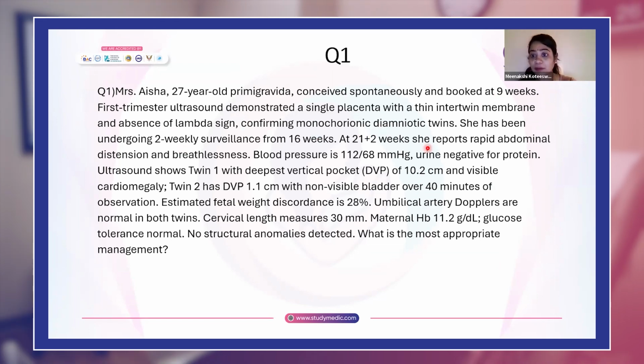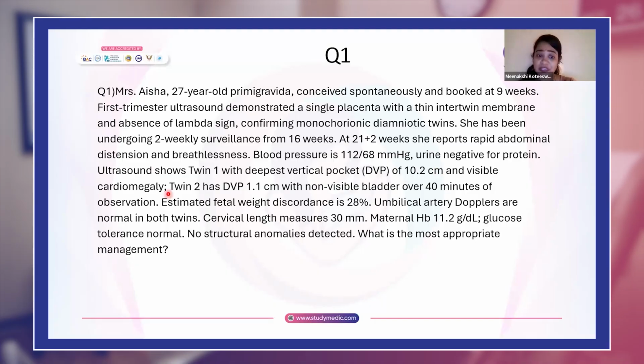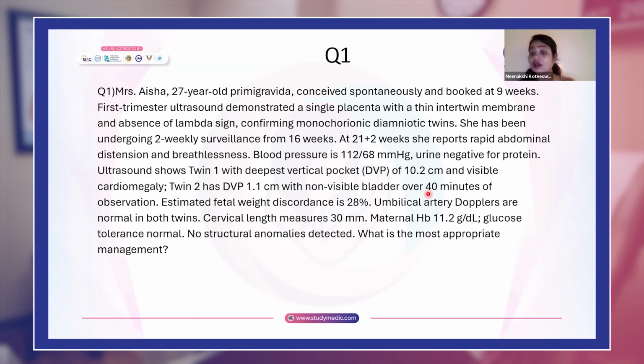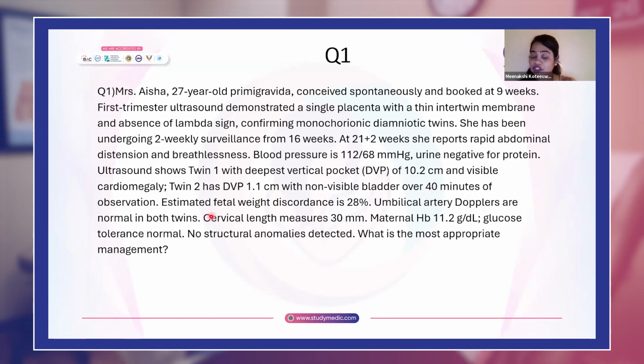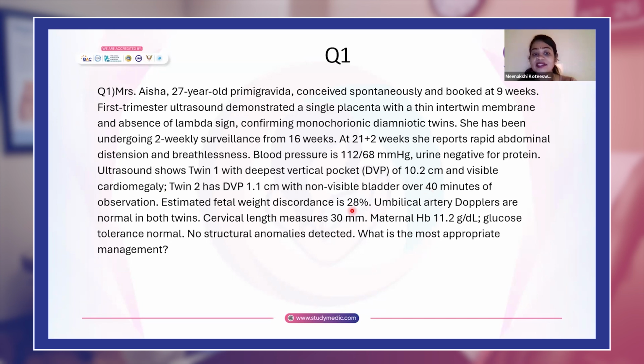At 21 weeks, she reports rapid abdominal distension and breathlessness. Blood pressure is 112/68, urine negative for protein. The ultrasound shows first twin with deepest vertical pocket of 10.2 centimeters and visible cardiomegaly. Twin 2 has got DVP of 1.1 centimeters with non-visible bladder over 40 minutes of observation. Estimated fetal weight discordance is 28%, but Dopplers in both are normal,